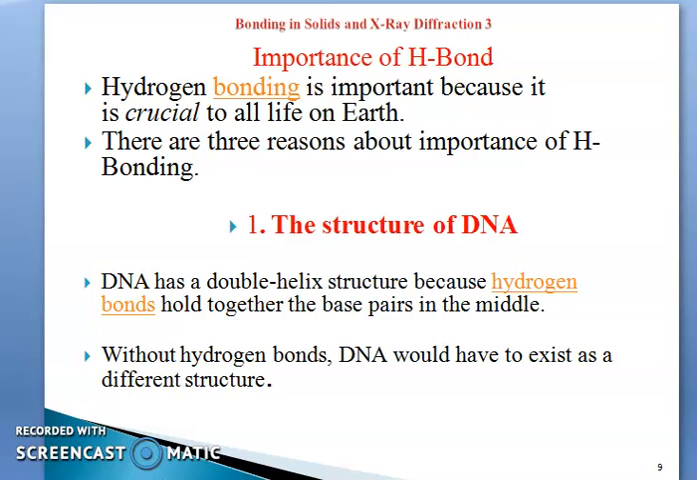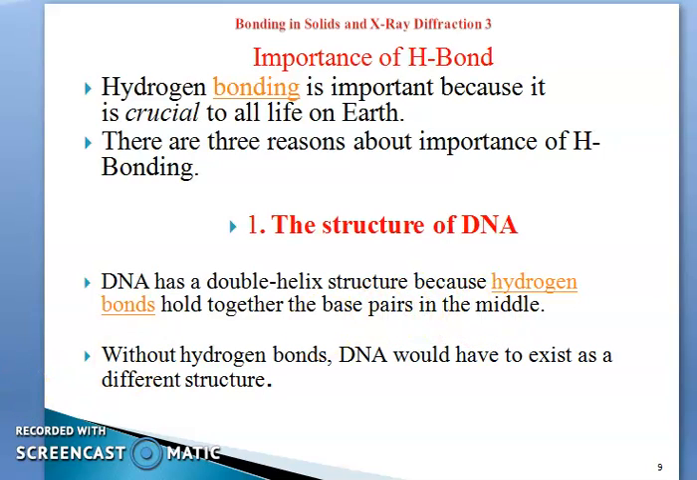Base pairs hold together in the middle due to hydrogen bonds. That is the double helix structure. Without hydrogen bonds, what happens? DNA would have to exist as a different structure. This is a biological example. So because of this hydrogen bond, DNA has a double helix structure, and hydrogen bonds hold together the base pairs in